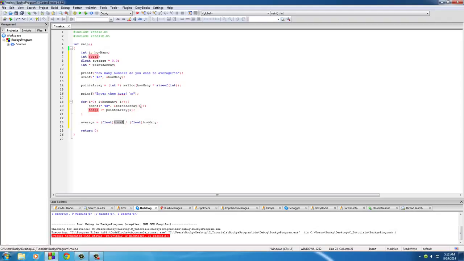Now remember, both of these variables, total and how many, were integers, so the average is a float, so we need to typecast those to floats, and of course, in order to figure out the average of something, you take the total amount by however many items, and boom, there you have it. So printf, we'll just put something like average is %f